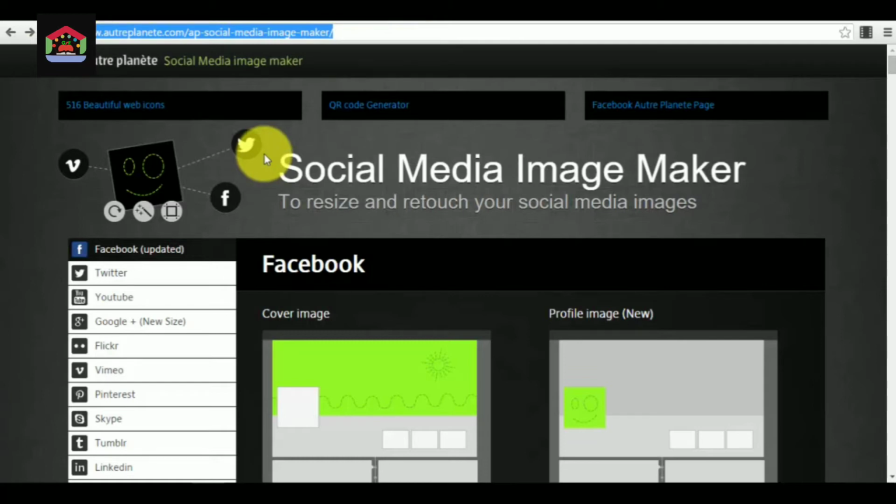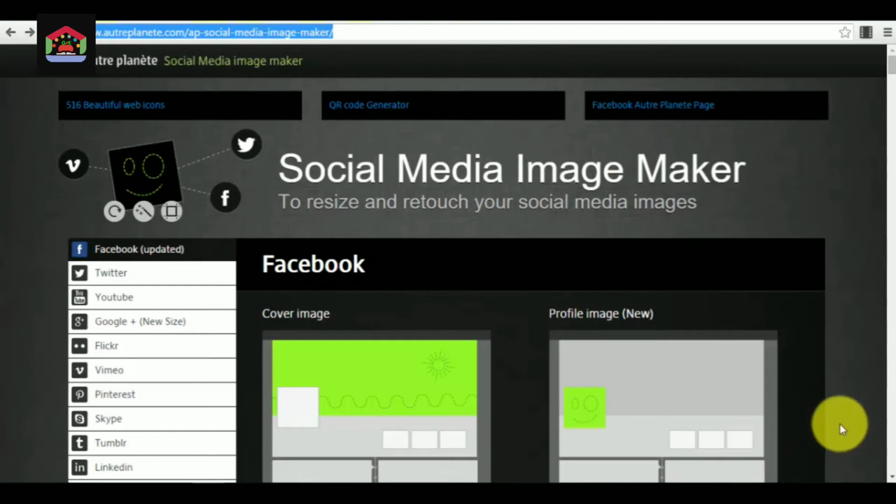You don't have to create any type of account. It's completely free, so you don't have to worry that anybody will have your email address and send you different promotions all the time. This is a free tool that you can use exactly as I've told you before, from wherever you want, whenever you want. So let's start to see exactly how you can use this tool.